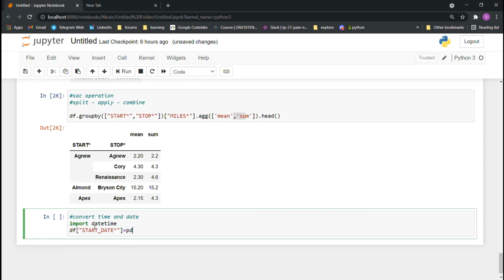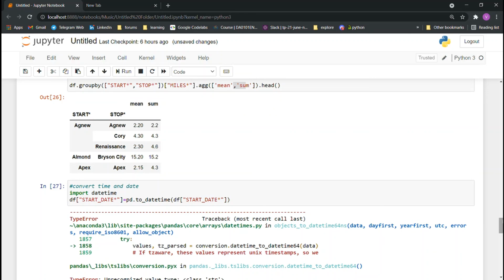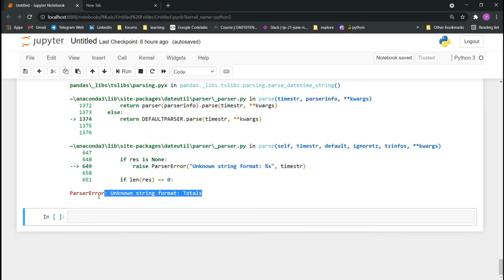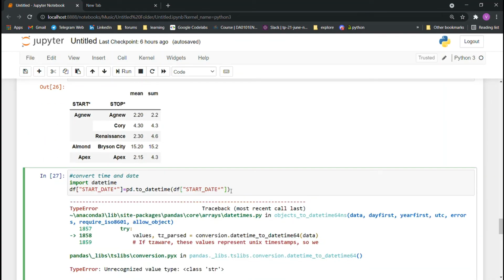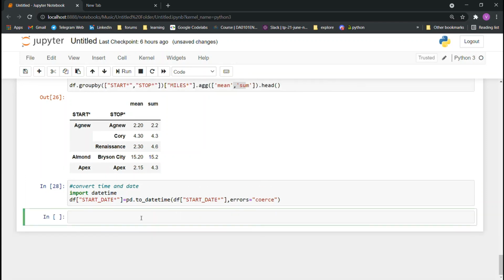Just say pd.to_datetime and pass the column name which we need to convert to time or date. Yeah, we're getting a parse error, so just type errors equals coerce. It will suppress the errors. Errors equals coerce. Yeah, that's all.